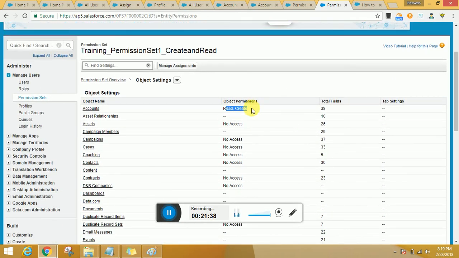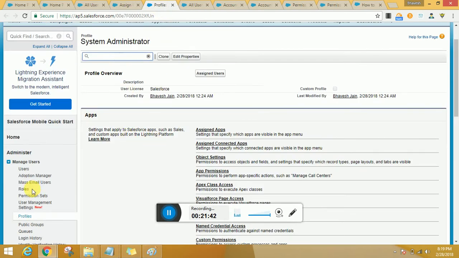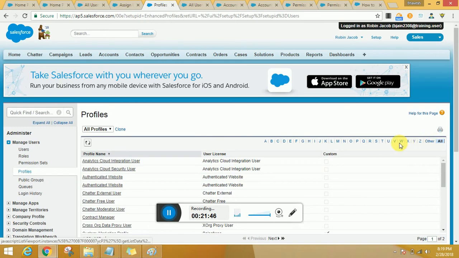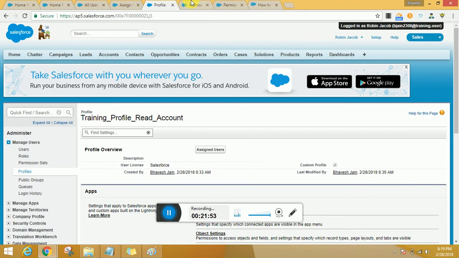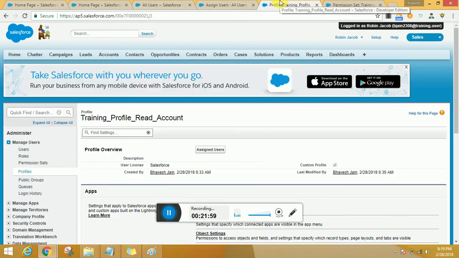So this says read and write. However, if I open the profile that we created earlier, that is nothing but the training one, if I have to close all the other windows and just have a check on the profile,